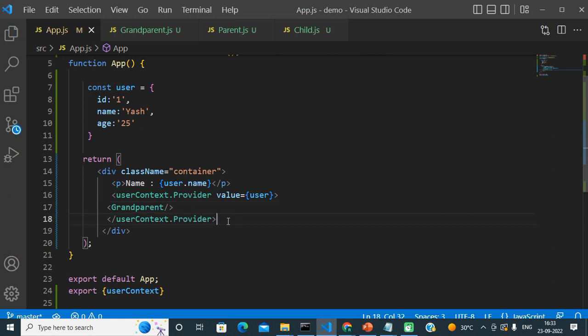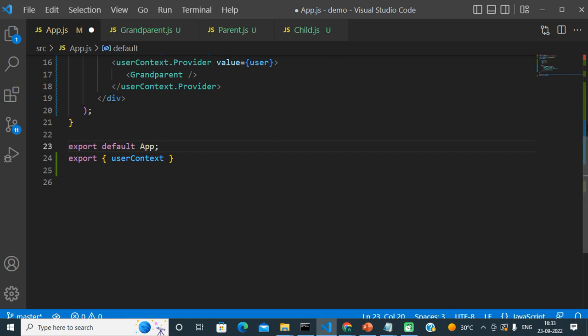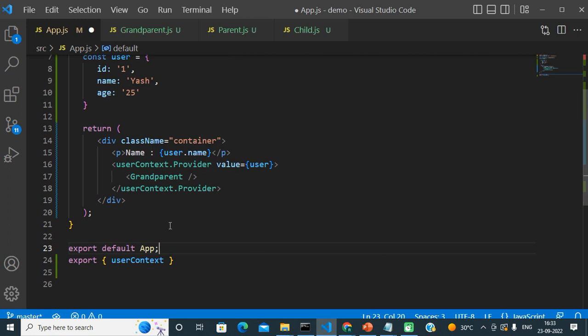So this is step number 1 of using the context hook. This is step number 1 of how we can use the context hook in a React.js application.